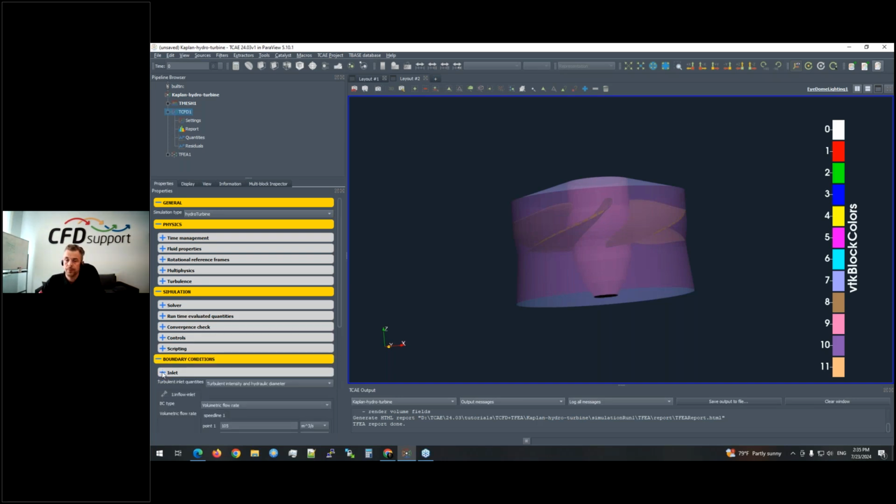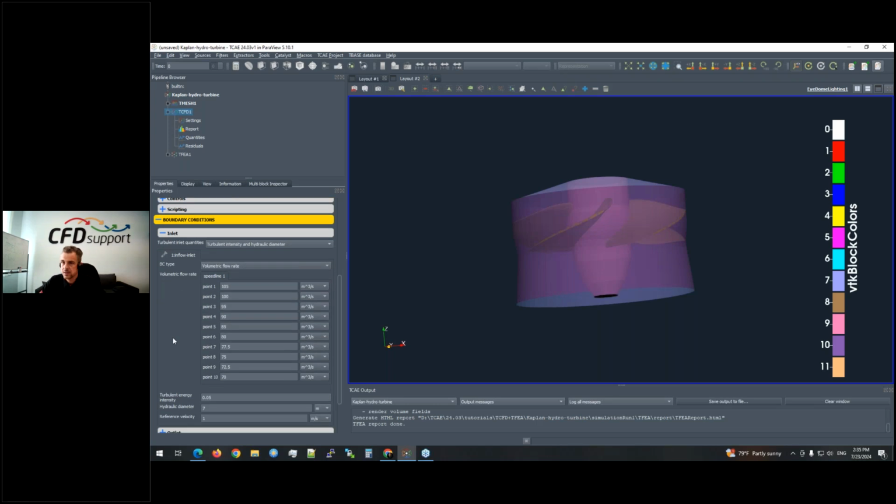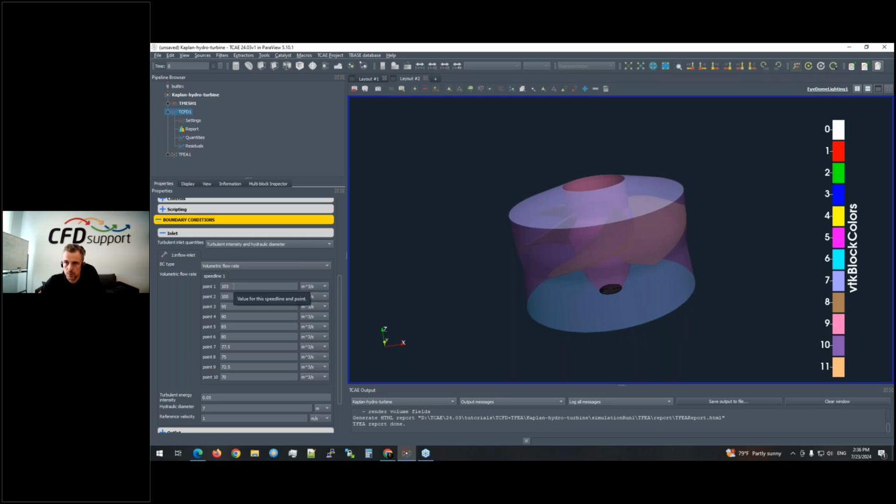So as I mentioned, what is extremely important to specify is the boundary conditions. A typical Kaplan or hydro turbine is run with flow rates. That means I prescribe the flow rate at the inlet and the static pressure at the outlet, and those are typical boundary conditions. For this particular tutorial, we have one speed line of 10